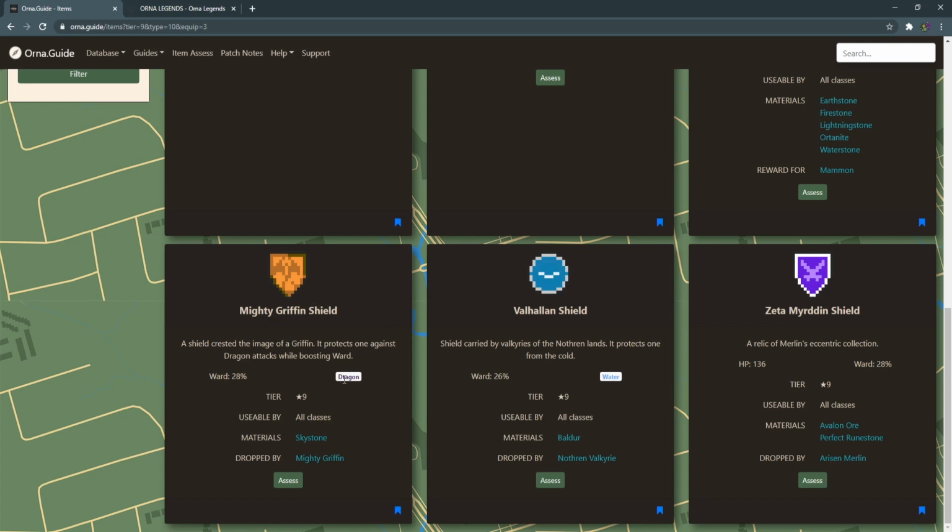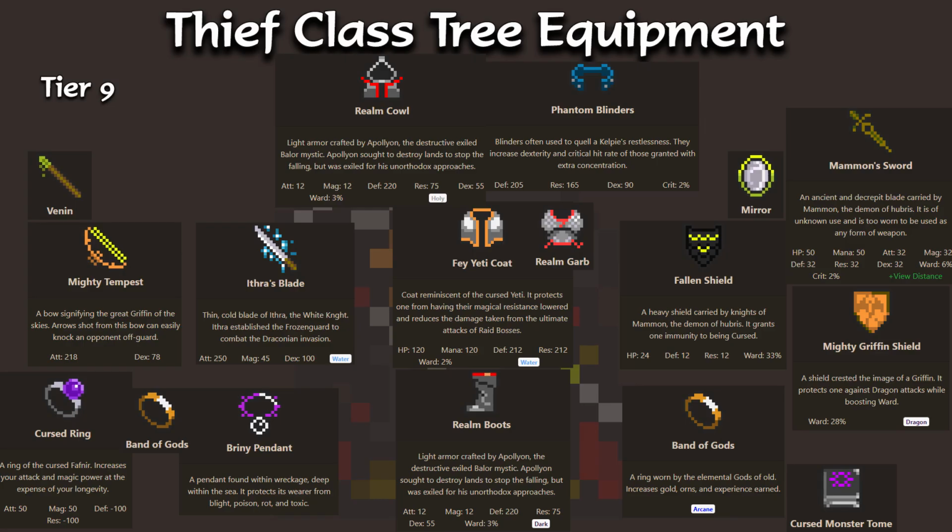Mighty Griffin Shield, mainly for this dragon resistance. And going into tier 10 fighting the Morrigan, you really want a decent one of these. High ward, a lot of damage that Morrigan does is going to be dragon damage, so you want to resist it in some way. And then summarizing the rest of the items at tier 9, we're of course going to